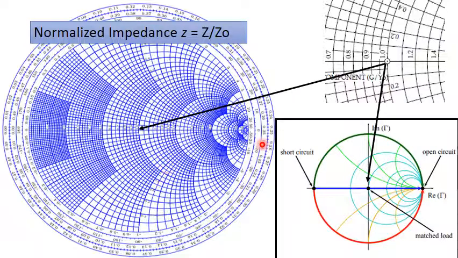In addition to that, we can see some 3-4 circles here. These two circles represent numbers starting from 0.0 and ending at 0.5. If we start from this point and complete the entire rotation around the Smith chart and come back over here, then we will have traveled a distance of lambda by 2, 0.5 lambda.